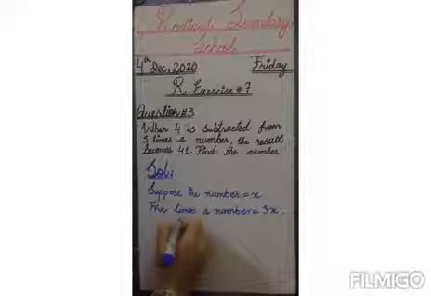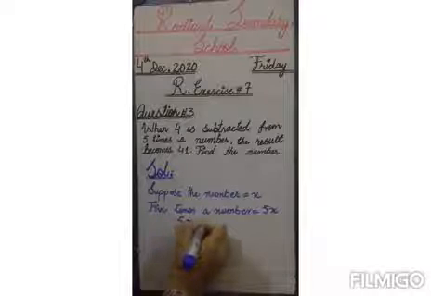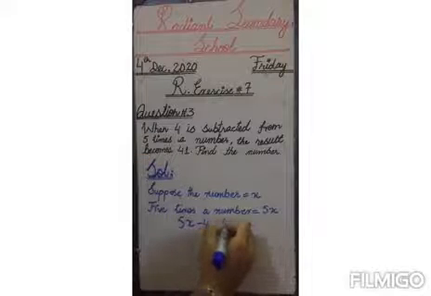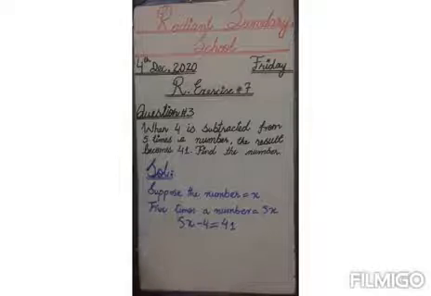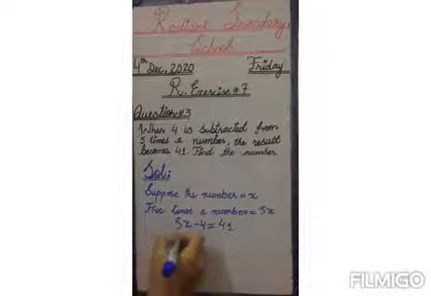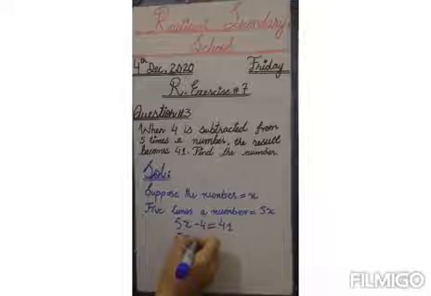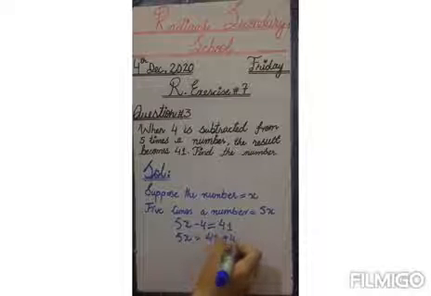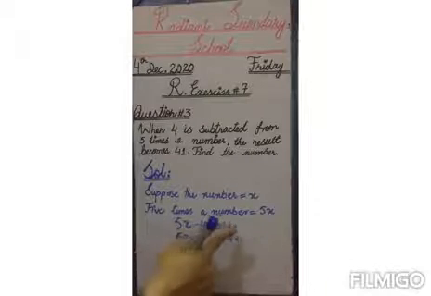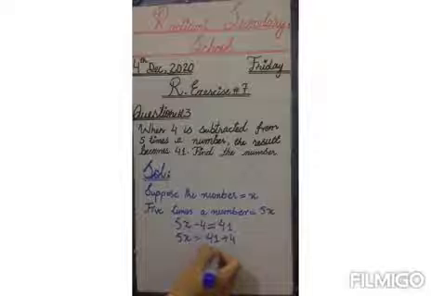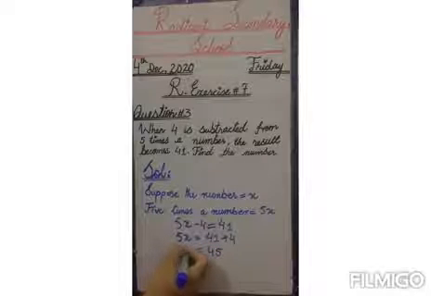So let's subtract 4 from 5 times a number. And again in the next part it says it becomes 41, which means it is equal to 41. Now this is a simple equation and we have to solve this equation for the value of x. Let's start solving. If I solve this equation, I will write 5x is equal to 41 plus 4. I have moved 4 from this side to the other side of the equation and the result will become 45, and equation will become 5x